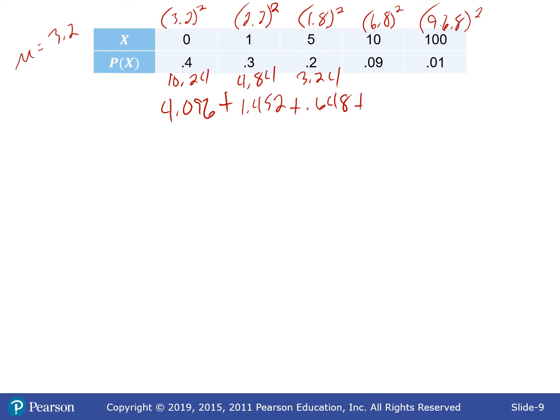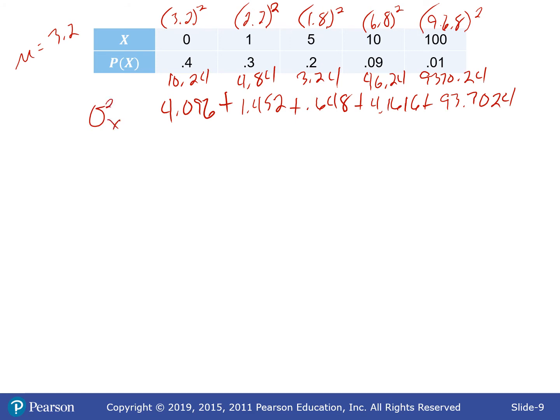plus 6.8 squared is 46.24 times 0.09 is 4.1616, plus 96.8 squared, not doing that one in my head, that's for sure, is 9,370.24 times 0.01 is 93.7024. And now we add all those together to get